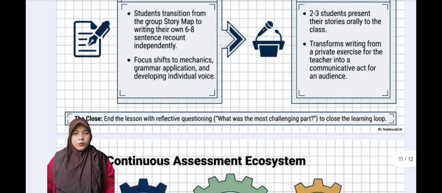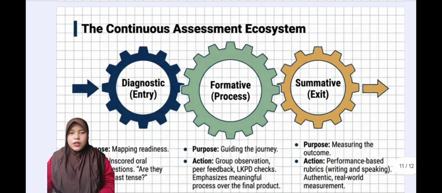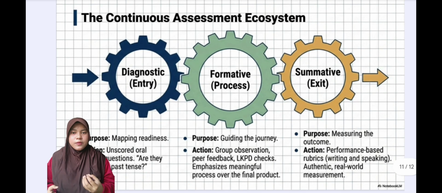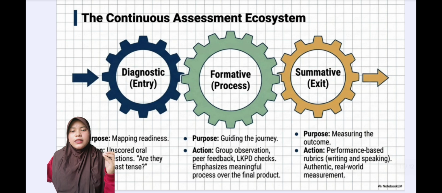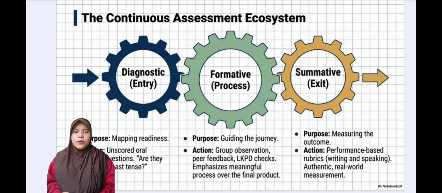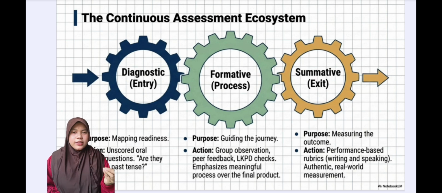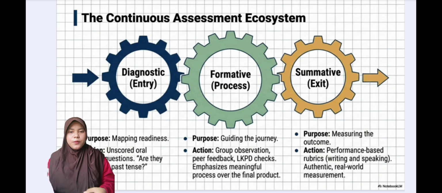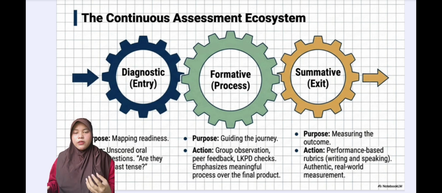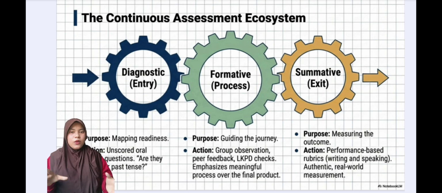the learning loop. Next, all of this learning is supported by a continuous assessment ecosystem, 3 interconnected gears that keep the instructional cycle running. Diagnostic at entry: its purpose is to map students' readiness through unscored oral trigger questions. Formative during the process: its purpose is to guide the learning journey through group observation, peer feedback, and worksheet checks. And summative: its purpose is to measure the learning outcome authentically through performance-based rubrics for both writing and